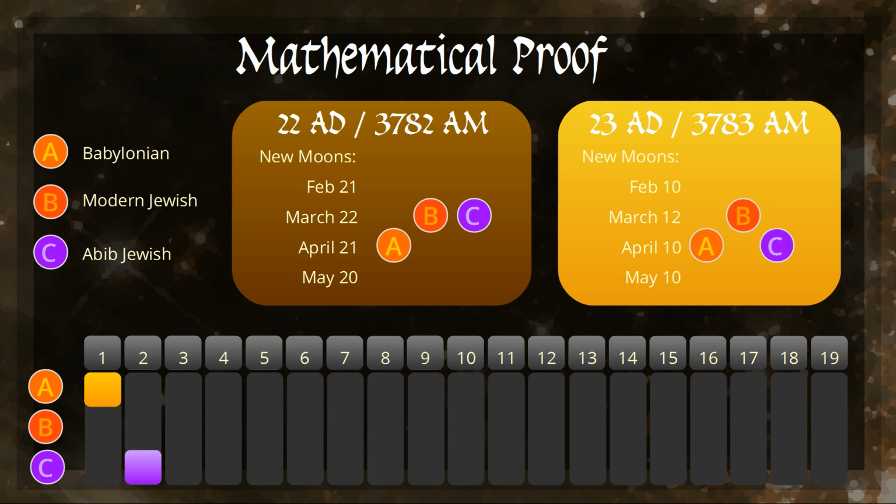For the modern Jewish calendar, 12 months from the previous year falls on March 12th. Would the middle of the month occur on or past the equinox? Yes. March 26th is just past the equinox, so the year would begin this month. The Abib-based calendar rule takes into account 2 to 3 weeks of ripening after the equinox. Would March 12th allow this? No. The middle of the month would put it right around the time of the equinox. An additional month is required to provide time for ripe barley, so the new year would begin on April 10th.